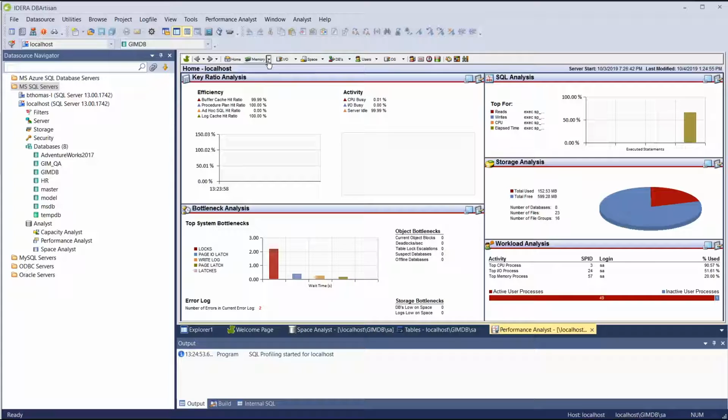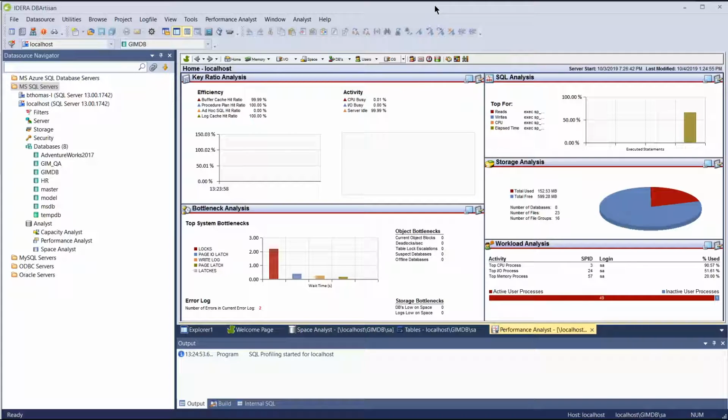I have the ability to have drop-down menus along the top that show me different information such as memory information, I/O information, space, what databases at a database level, and I can also look at top sessions, locks, and even at the operating system level at the CPU and I/O. Now let me mention that